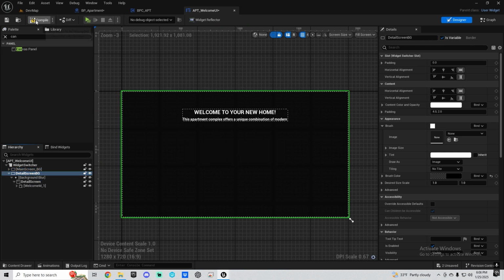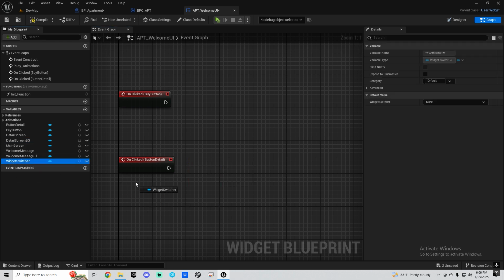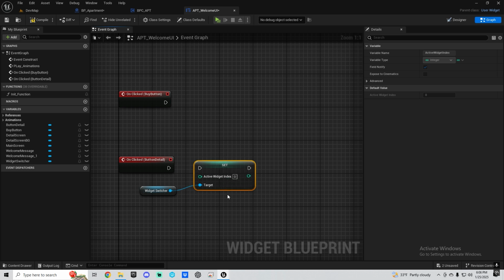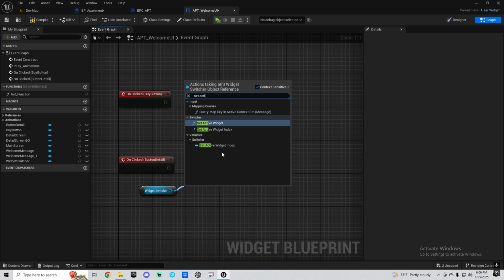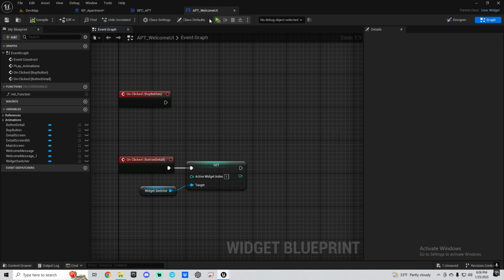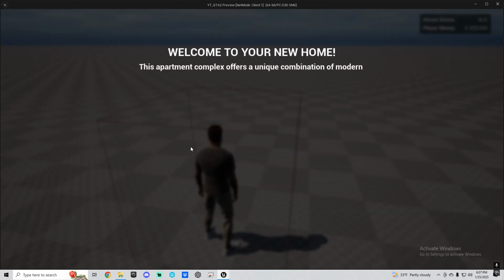Yeah, on the detail screen, we don't need this. So now instead of doing this, we can just get the widget switcher, and we can say set active widget index to 1. And we don't even have to worry about the hidden part. Right, so click this, see, it hides it, and then now we see the detail, but we need to add